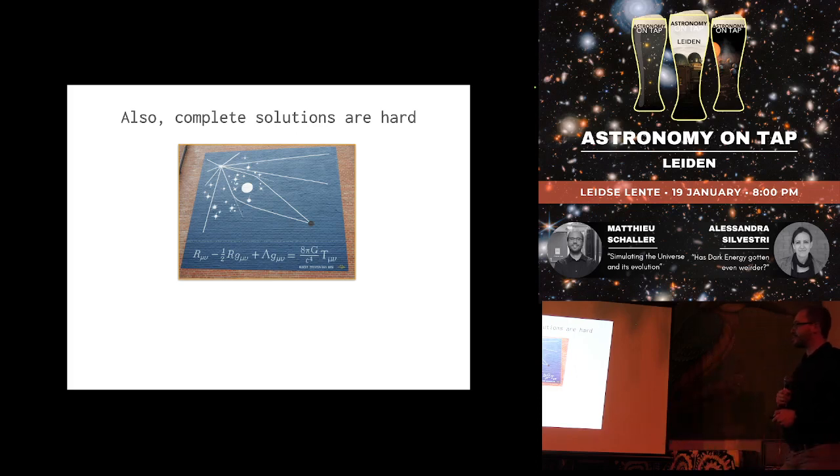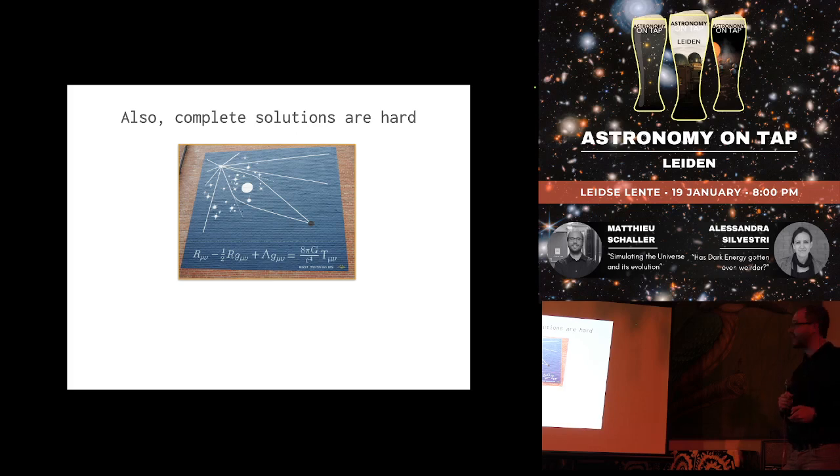So if you've been in the center of town, you'll have seen that the physics department has decided that Einstein's equations were famous enough that they deserve to be on the Boerhaave Museum. And so this is a nice form that we like to teach. This is what Einstein's theory of gravity looks like. So it's just a few symbols,